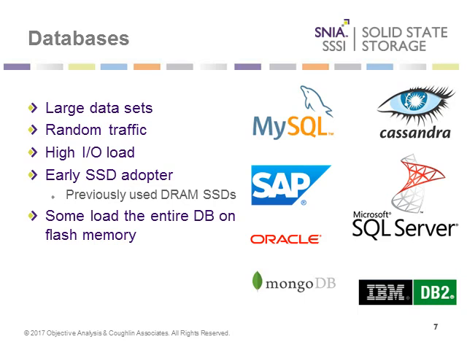And in fact, many of these applications previously used a type of solid-state drive that actually used a DRAM. It had to be powered. It was a volatile memory just in order to get the high speed. And today, especially with the price of solid-state drives, flash memory much better than it was in the past, people might be able to even buy enough flash memory capacity that they can load an entire database on flash memory. So on the right-hand side, we give examples of common databases that are out there: SQL, SAP, Oracle, Mongo, IBM, Cassandra, things of that sort. So let's go to the next slide.